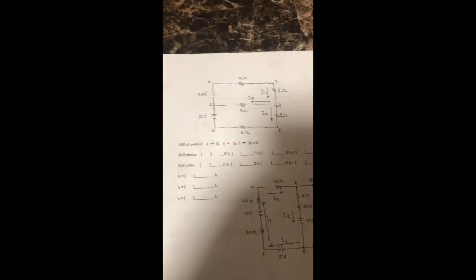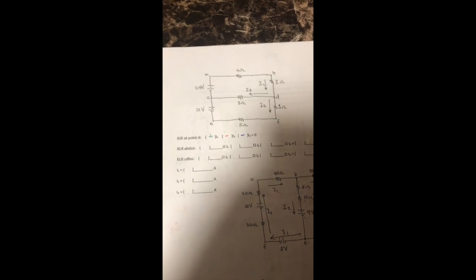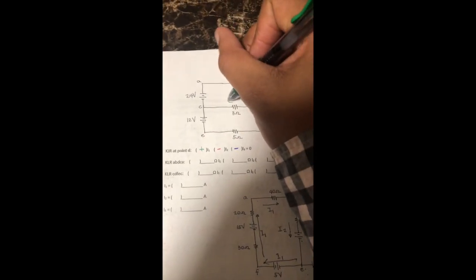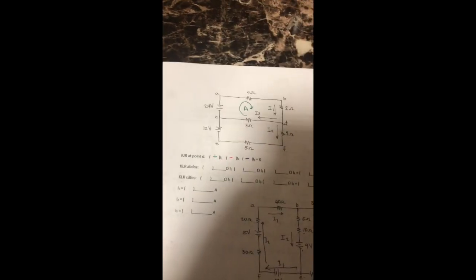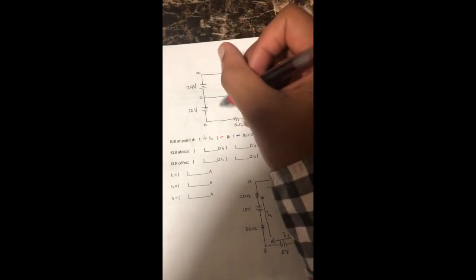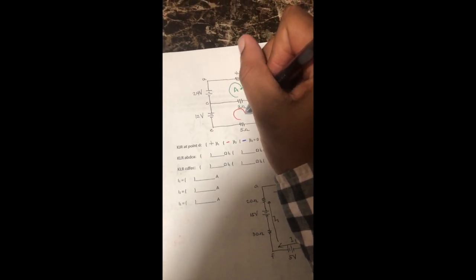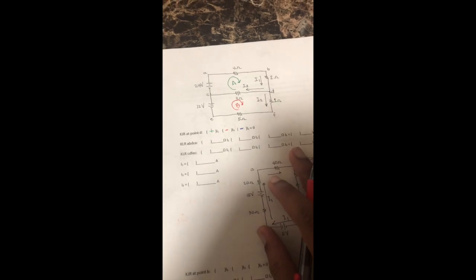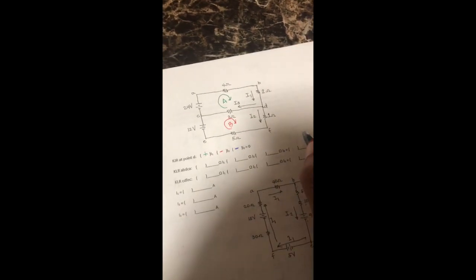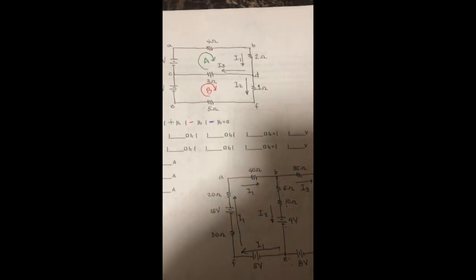Now to analyze the two loops, the first thing we want to do is draw our loop. So I'm going to draw this loop and call this loop A. And I'm going to draw a loop down here and call it loop B. And you could have chosen the other direction, but I just chose this direction. So now let's